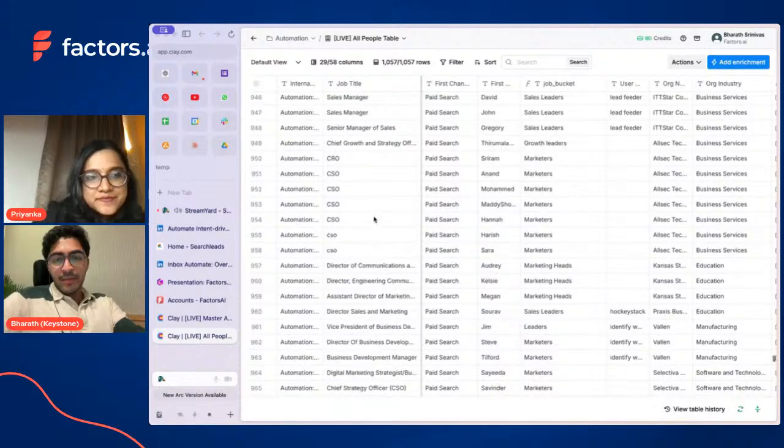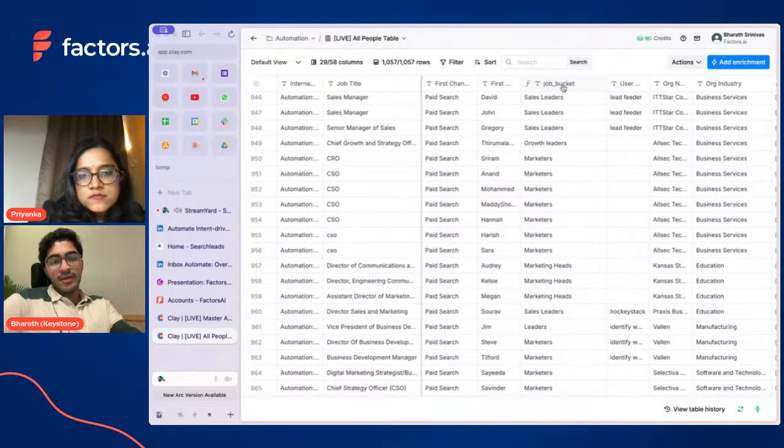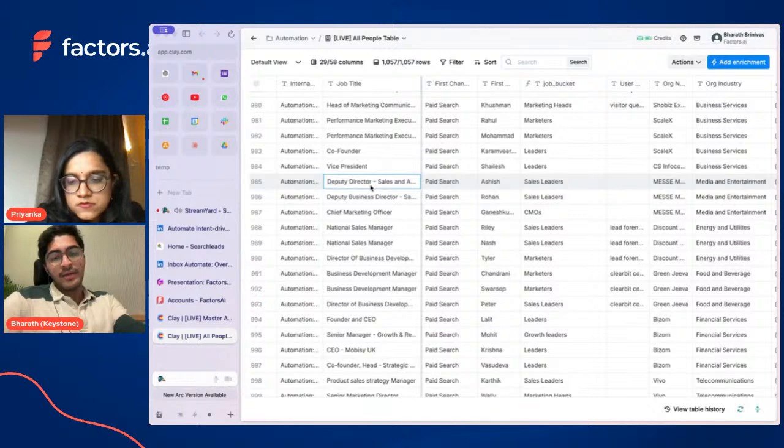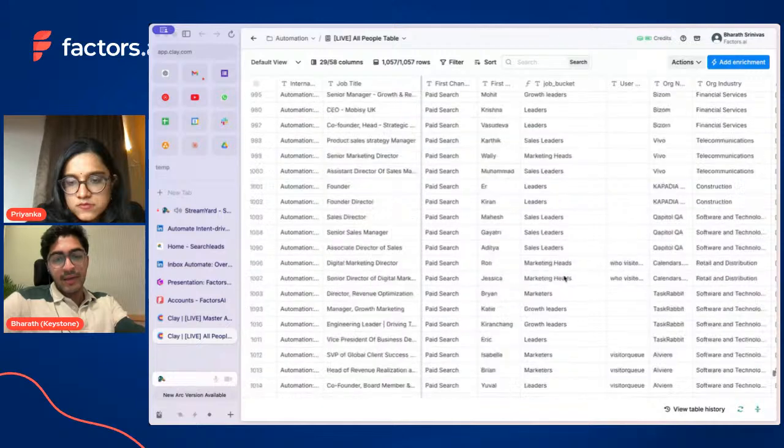So here I have a simple formula that takes all of it and buckets these things into certain personas. A deputy director, sales and AI, etc., would come as a sales leader. A national sales manager would come as a sales leader. And we might have a generic marketer or marketing heads if they're senior marketing director.